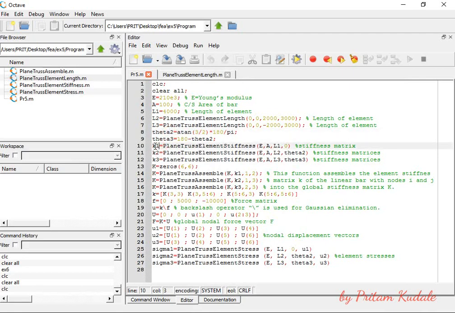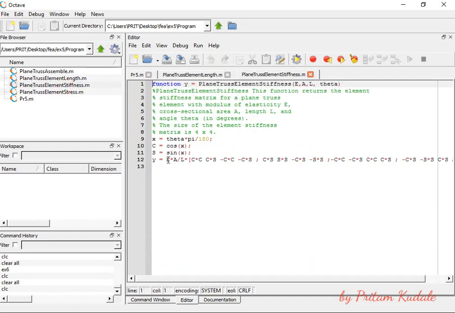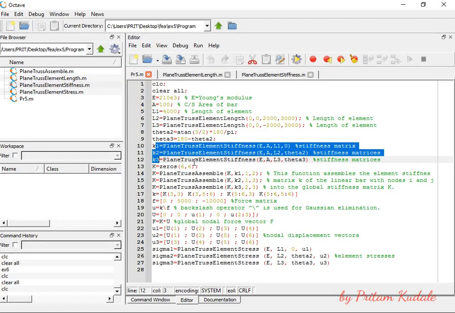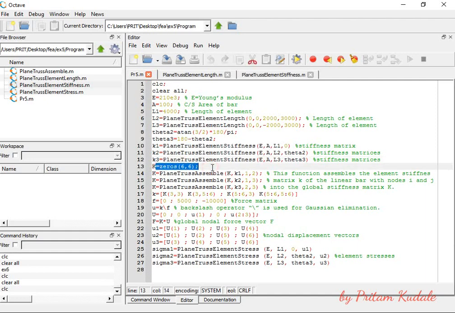Then next is forming the element stiffness matrix. For the local element stiffness matrix, we are using another subfunction which we have already written, that is the plane stress element stiffness. This is the subfunction and this is the formula for calculating the element stiffness matrix. We already know theta, so we can calculate cos theta and sin theta, and enter it as c square, cs, minus cs, square, and so on. This will give us the local stiffness matrices k1, k2, k3. Then next is to form a null matrix of 6 by 6.